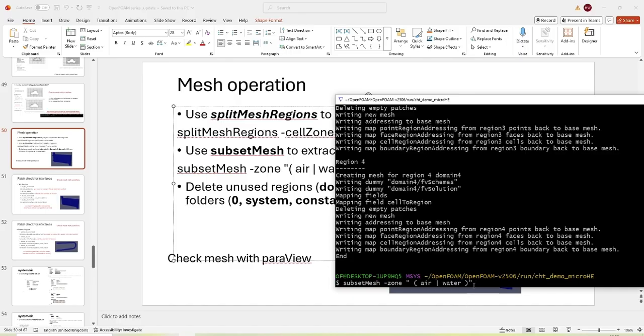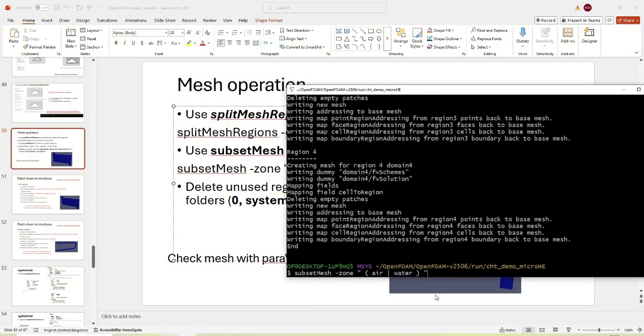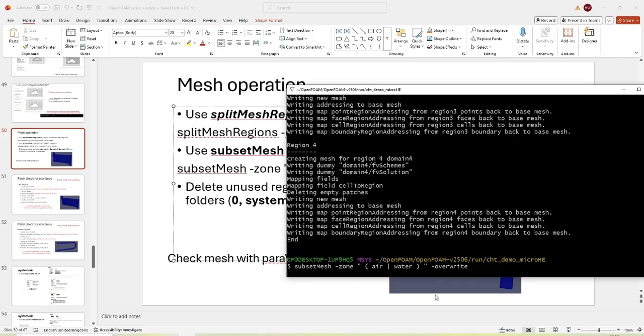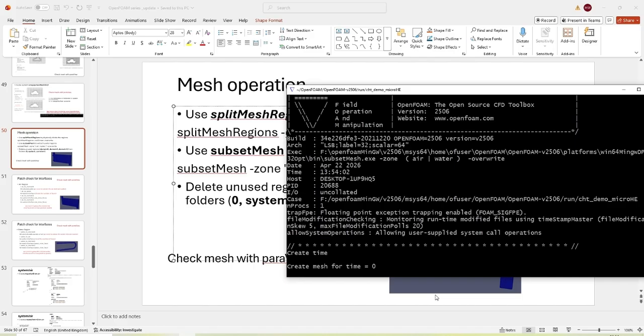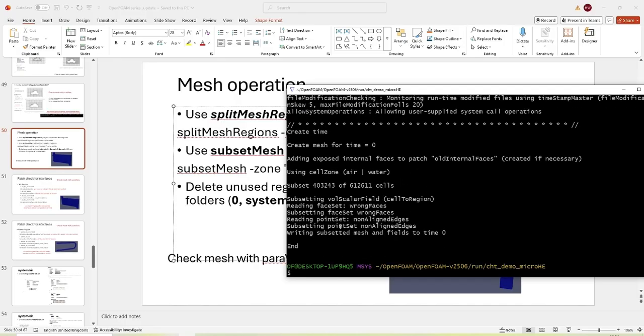This is just a general dictionary definition for it. And I will also use the overwrite option to overwrite all the previous meshes, right? So I'll do this, and it will give me some information because I also do this by overwriting. So the old meshes will be